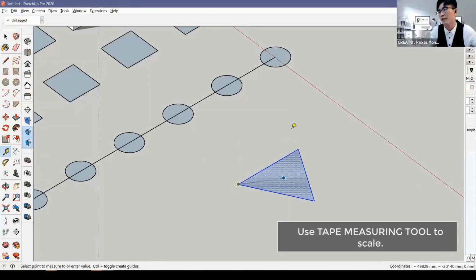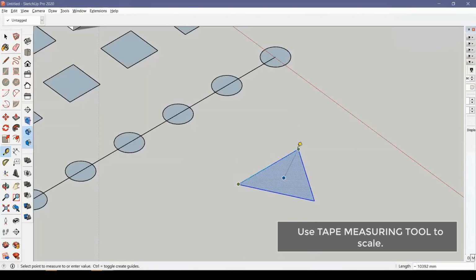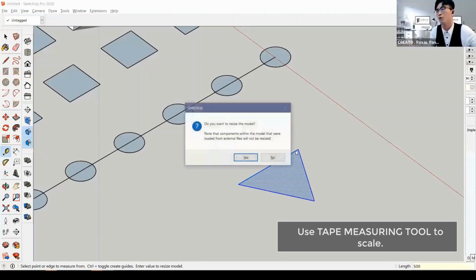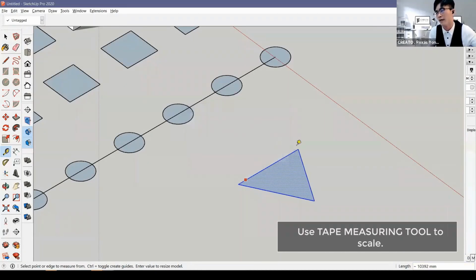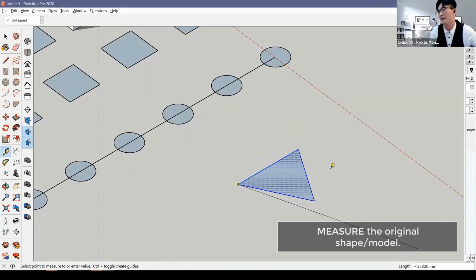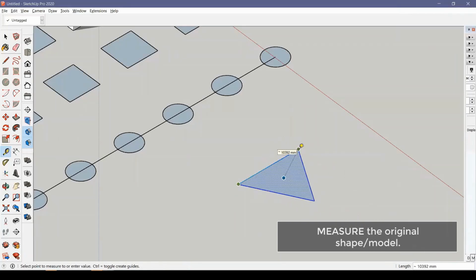All right, let me try first. Initially you can measure from this point to this point, and it is 10392, as you can see at the bar here, the length 10392.